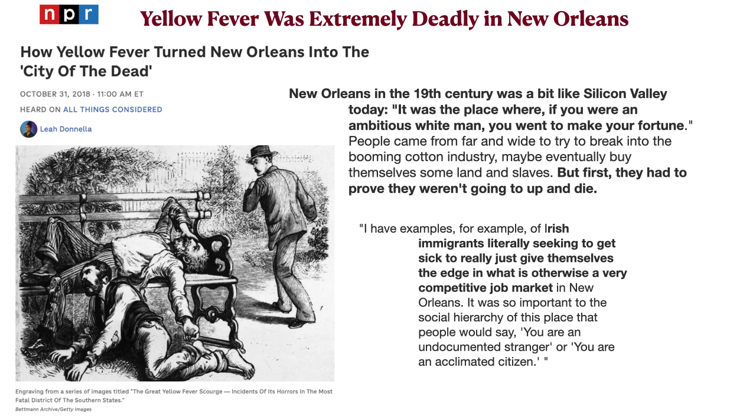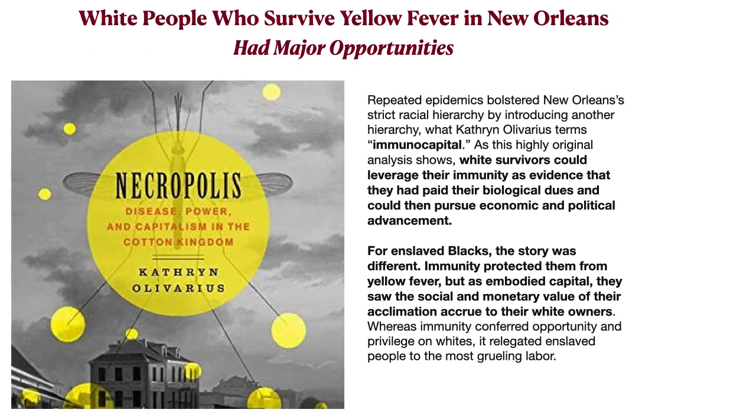The United States acquired it from France with the Louisiana Purchase. And it was a relatively large city, and it continued to grow, but it also had this just incredibly high death rate. So black people wouldn't die in quite such large numbers, although they certainly suffered as well. But for a white person going to New Orleans, your chance of dying of yellow fever was something on the order of 50%. So anyway, Catherine Oliverius is the author of this book, Necropolis, Disease, Power, and Capitalism in the